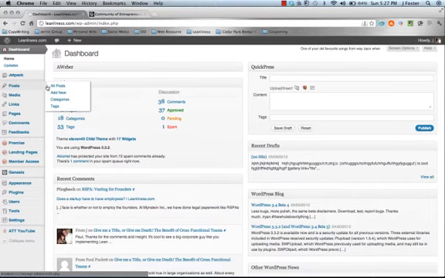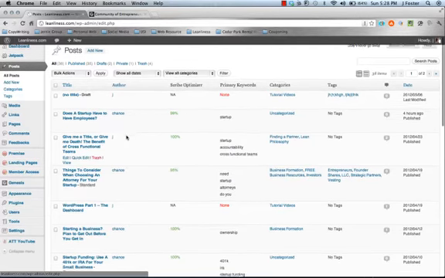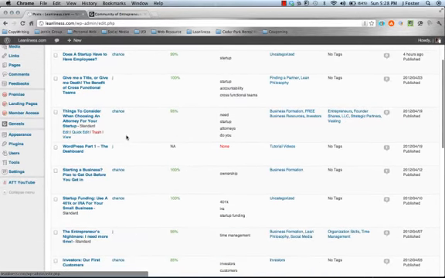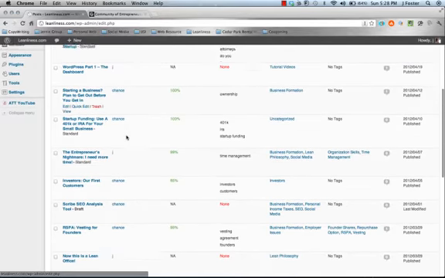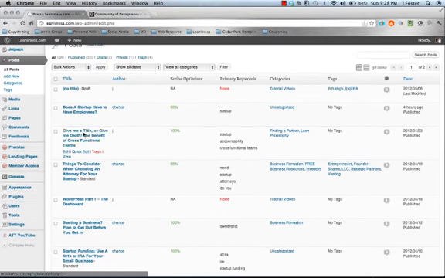So let me go into all posts so that I can show you this before we go into creating a post. So this is actually going to be the menu screen for all the different posts that you have. A couple of options that you have is, let's just do this one, "The Benefit of Cross-Functional Teams." Once you hover over it, you can go into edit, quick edit, trash, or view. So let's just jump into edit real quick,